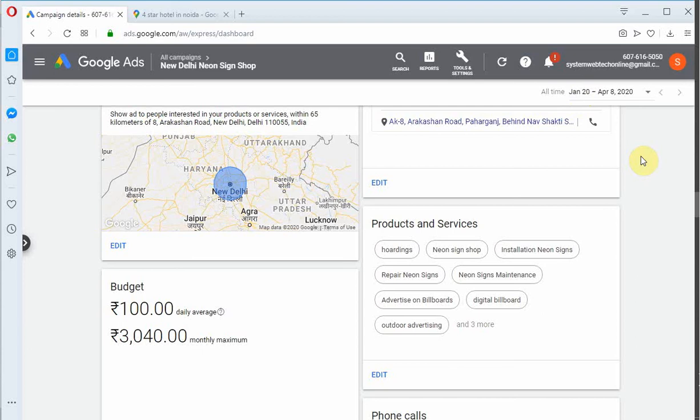Alright, it is showing me the time, date. Below the advertisement, it is also showing the address with Google Map.